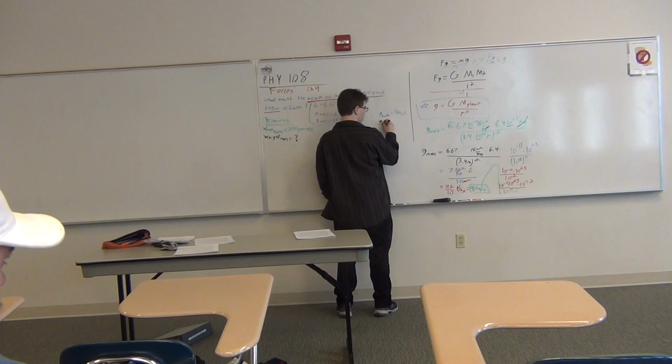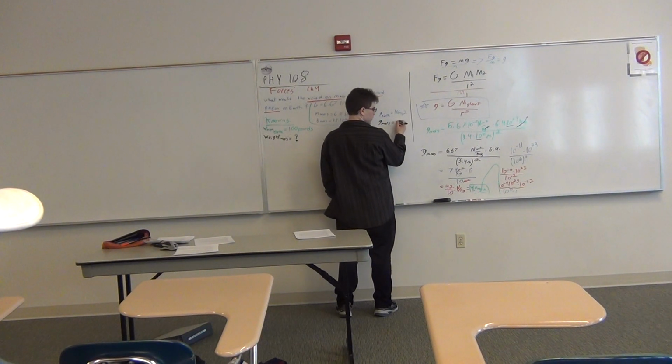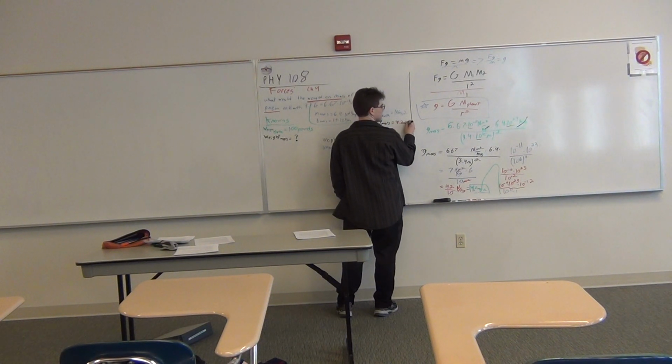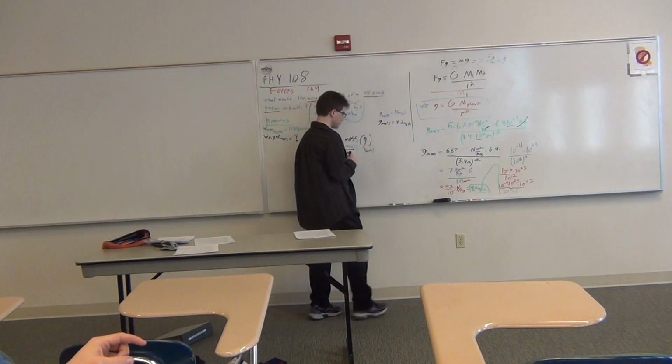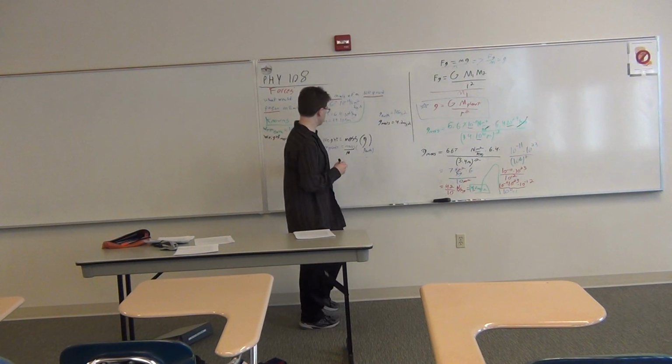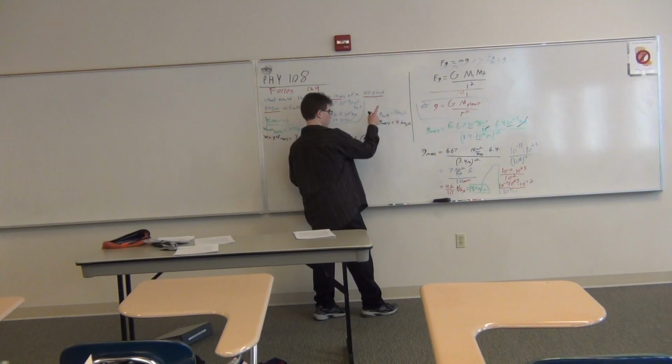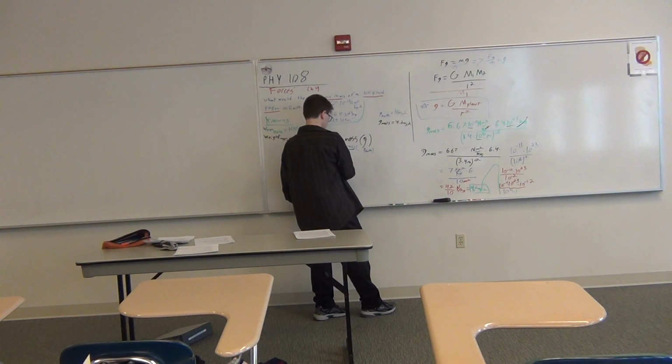g on Mars is 4.2 meters per second squared. Okay? So, if our M times g on Earth is around 100,